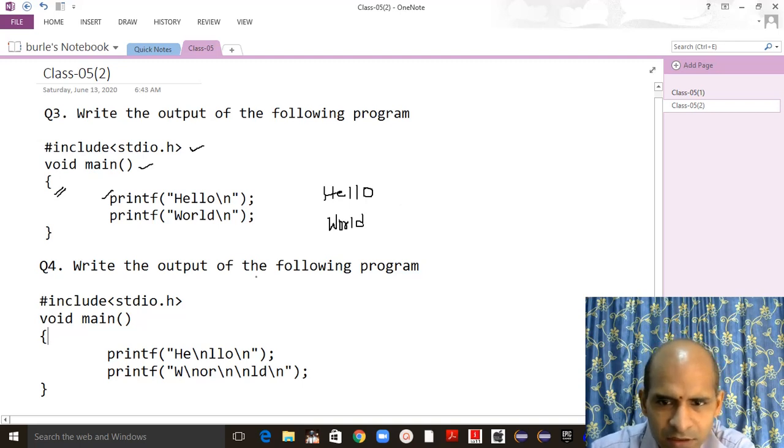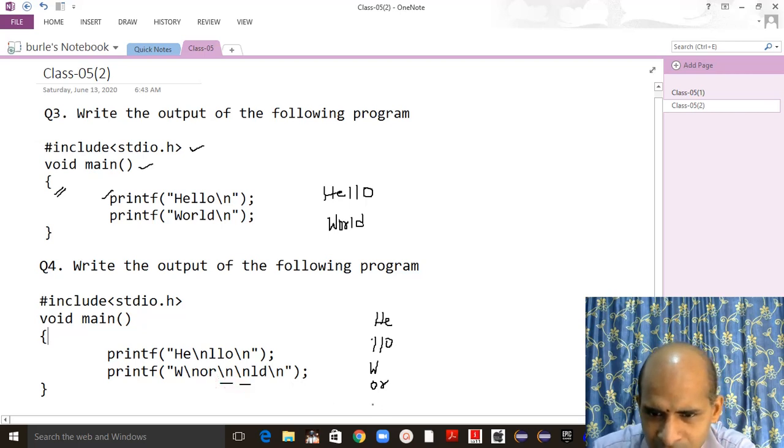And in the second case the same thing will happen. HE is there, then after that slash n, that means the cursor will come to the next line, and then LLO, again slash n, new line. W is there, then again slash n is available, so again a new line. OR, then here mark there are 2 slash n's available, first line, second line.